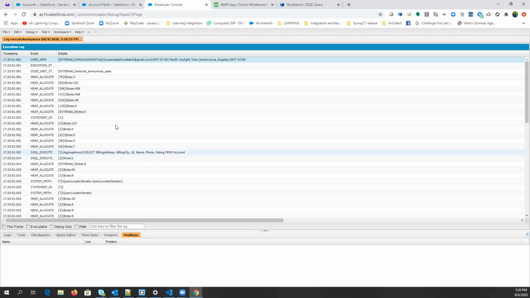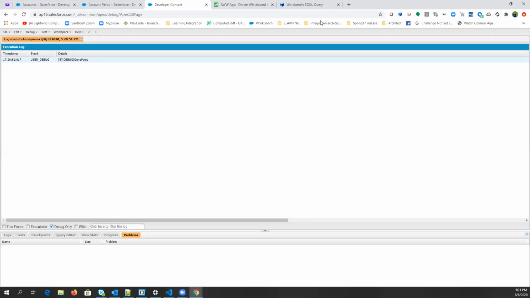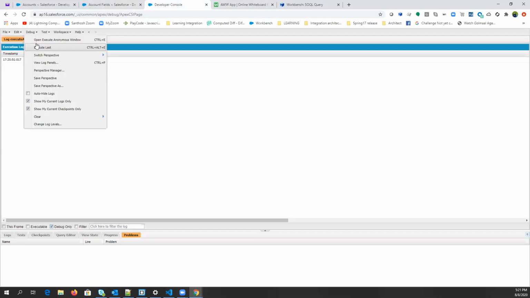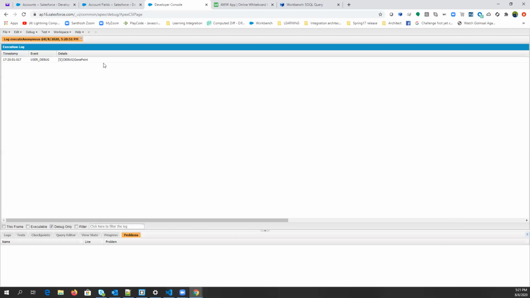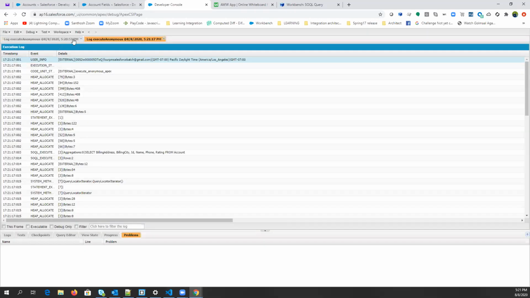You can see Jane Point is only printed here because we have put the condition on name, right? Or if I write OR here, then what will happen? Both will print. Either condition true, then display. Either the first is true or the second is true, both will display, right?